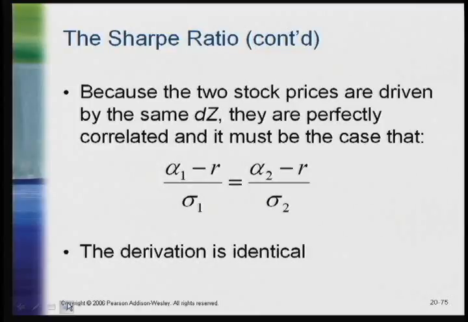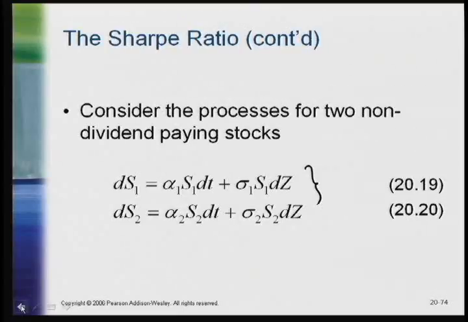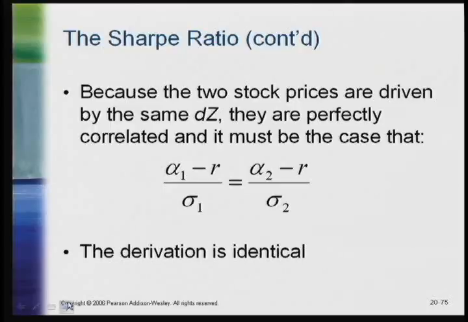And notice that the definition of Sharpe ratio for geometric Brownian motion looks just like it does for an ordinary stock, because alpha 1, the coefficient of the drift term, is the instantaneous return, and sigma 1 is the vol. So the notation is suggestive, and by simply taking the parameters from those two equations, we must have this same calculation. And the derivation is identical to the one previously,